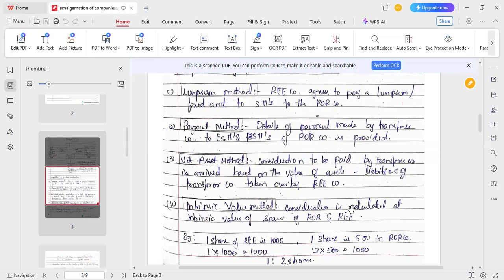As we saw in the basic points, for determining amalgamation in the nature of merger or purchase, 90% of shareholders of the transferor company should become the shareholders of the transferee company. Likewise, this applies. It's basically the proportion. That is it.